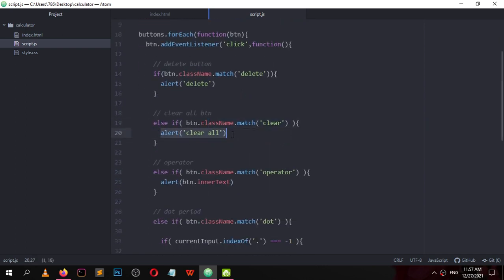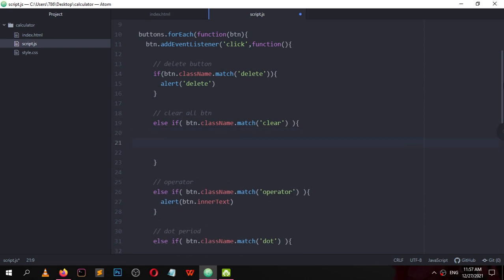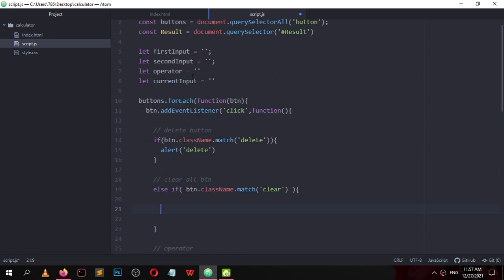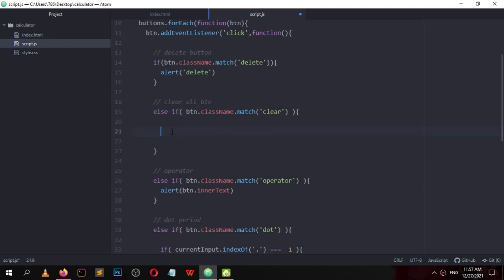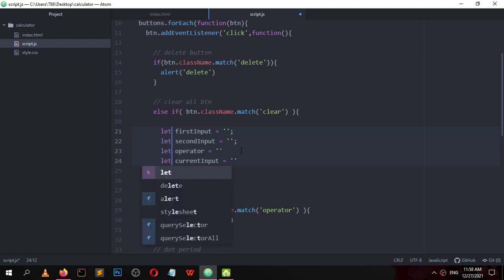Here. Remove this alert. If this clear all button is clicked, all of these, first input, second input, operator and current input, will be set to an empty string.